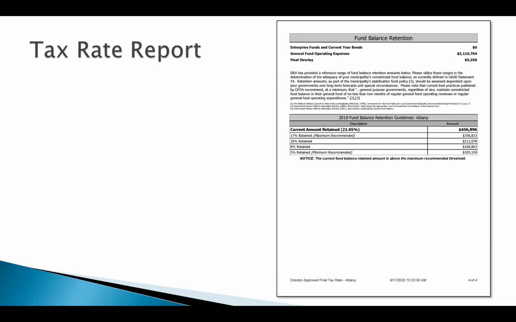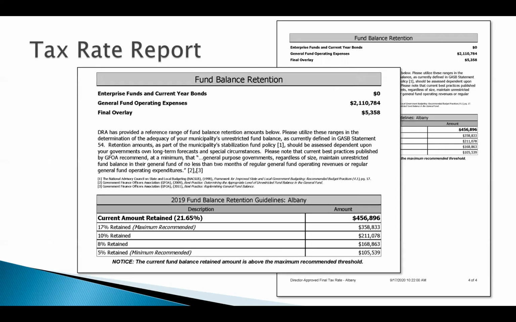On the last page, you have your fund balance retention guidance sheet. So this will show the amount of fund balance that you are retaining against the recommended retained amounts. So in this example, the amount we're retaining is 21.65%. So this is outside of the range. It's actually above the range. So there's just a statement here that you're acknowledging that this is not within the minimum or maximum recommended thresholds,